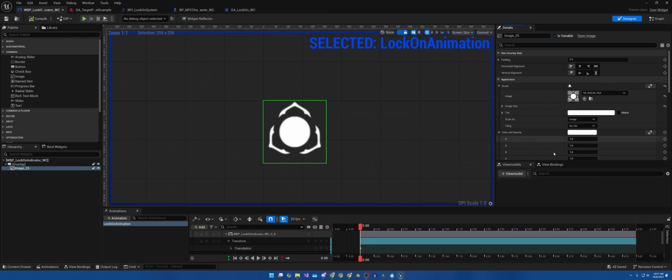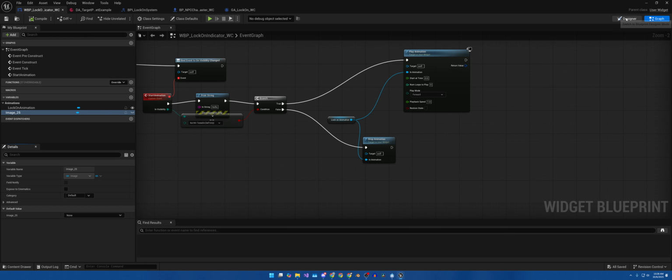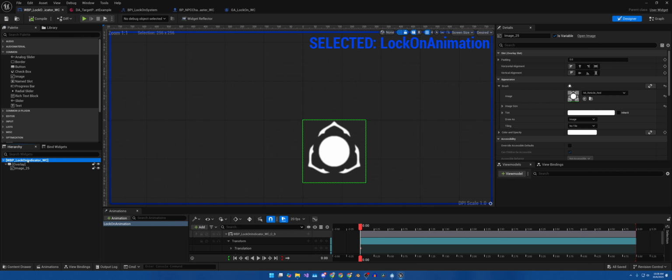I do eventually want it to where I can control the color. That way when I'm targeting an ally, it's green, neutral, it's yellow, enemy, it's red. That is in the plans in the future. So if we go to the graph, well, actually, before we go to the graph, I made an animation